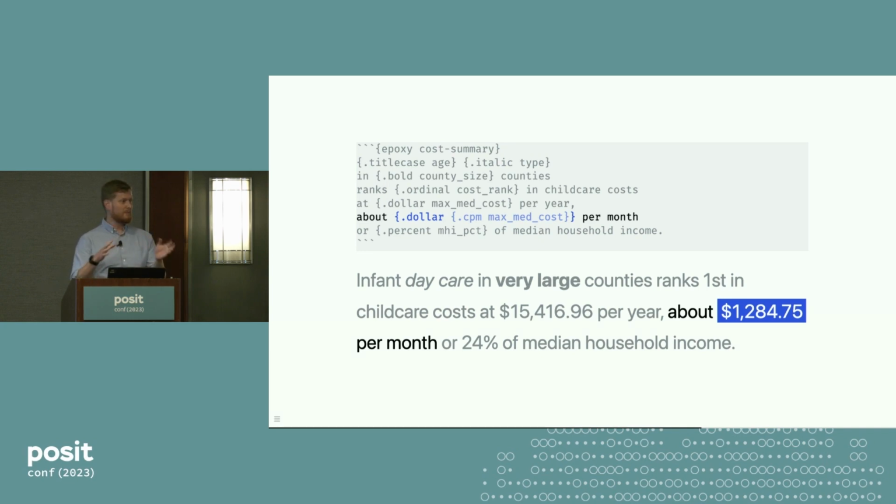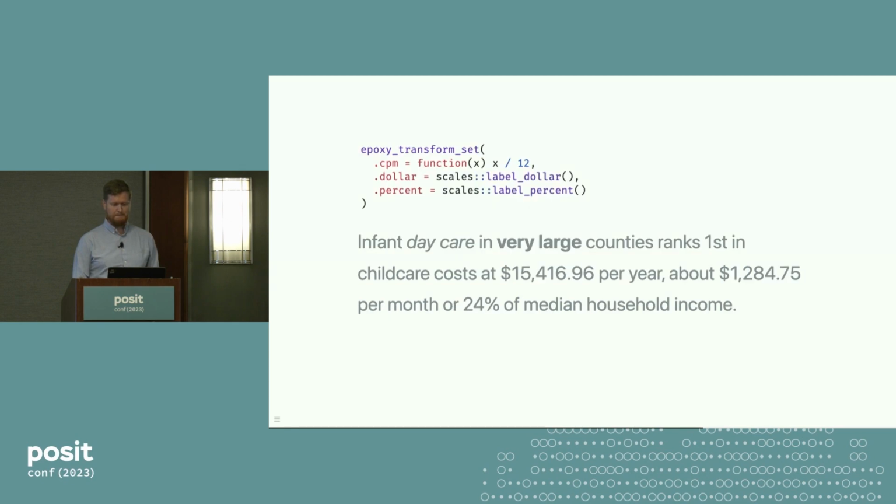But yeah, so you can compose these, so you can have multiple transformations as you move from the number to the thing that you actually want to show. And we could do even more, and we could add bold or italic around that as well. These $, and %, and the other ones that we saw that are built in with Epoxy are basically just functions as well. They come from packages that we use already and that we know, like the scales package. So $, really is just label_dollar from the scales package, and %, is label_percent from the scales package.